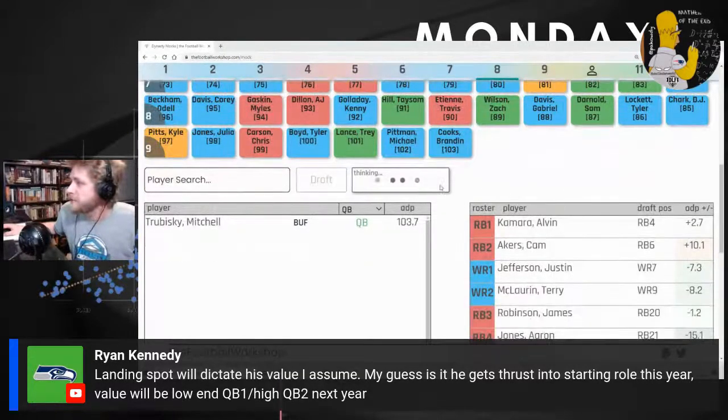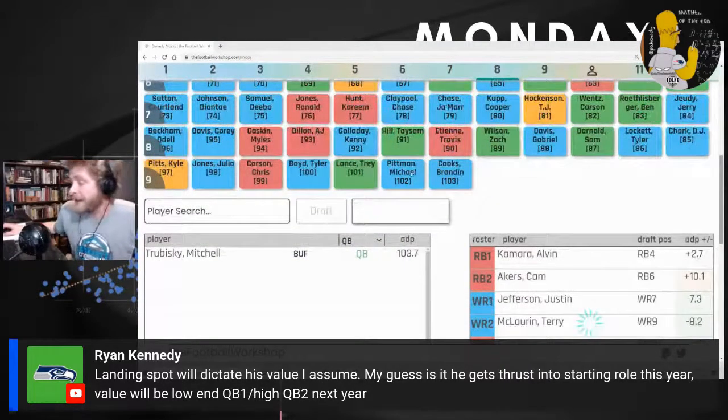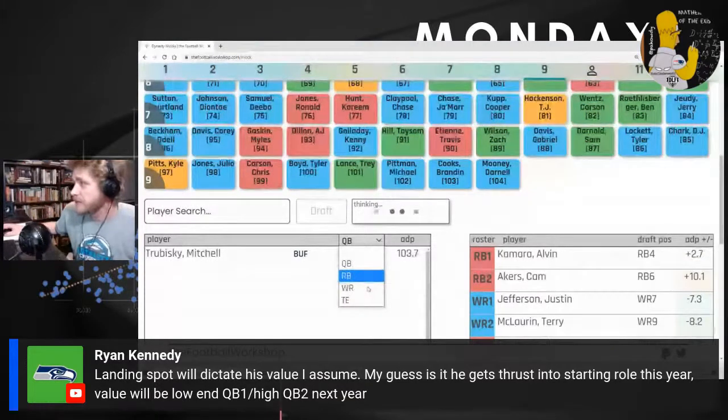Brandin Cooks. Wow. Yeah, it's hard not to think we shouldn't have just gone harder on running back. But I like the wide receivers we got over these guys, they're fine, and we went mostly running back outside of those. Donald Mooney. There's better value than Gabriel Davis, I'll say that. And kicking things over.